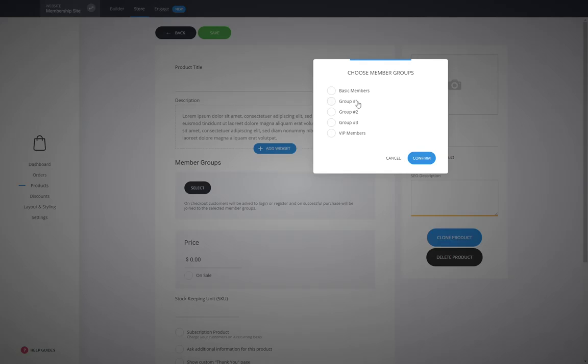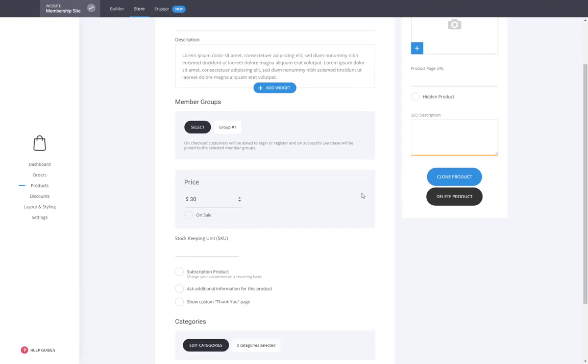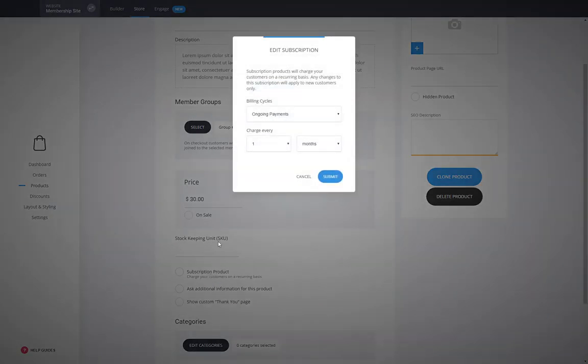So let's say that we want whoever purchases this product, they'll be assigned to group 1. So they will get access to all the pages that we restricted access for group 1. And let's say $30. You can also do it as a subscription. So if you want people to pay, in this case, $30 one time, this is it. But if you want to do a subscription every month or every few months, you just click on subscription product. And here you can select if you want it to be ongoing for